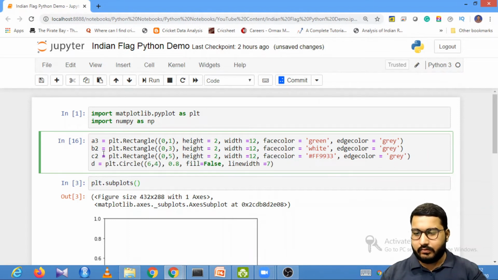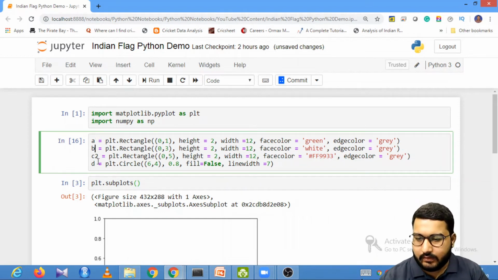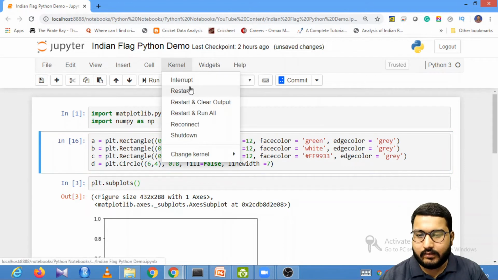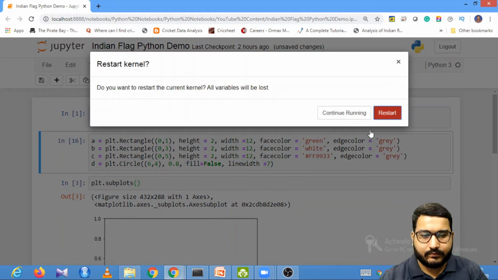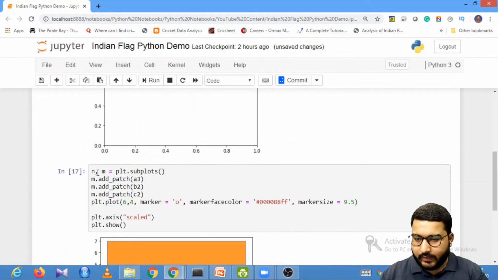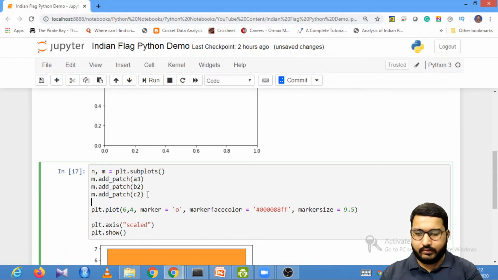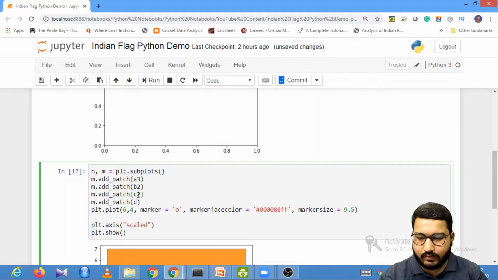is equal to, and I again need to change the numbers, or let me maybe restart my kernel, and till that point let me add the patch. So m dot add patch, and this will become D, and let me remove these numbers now, because I will run this complete code in one shot.